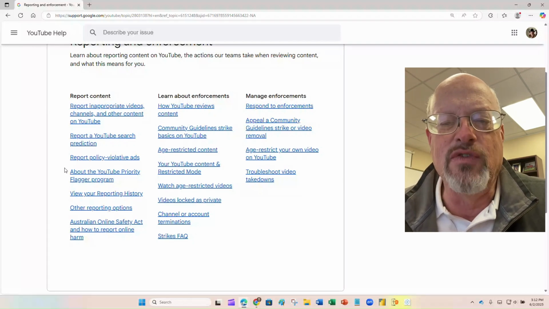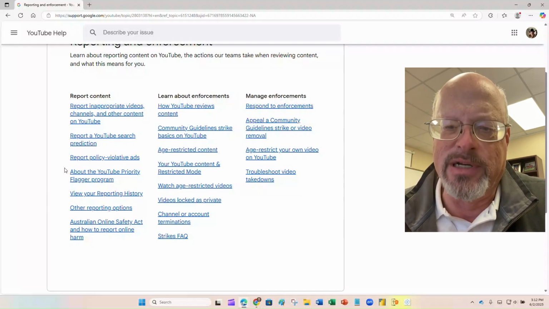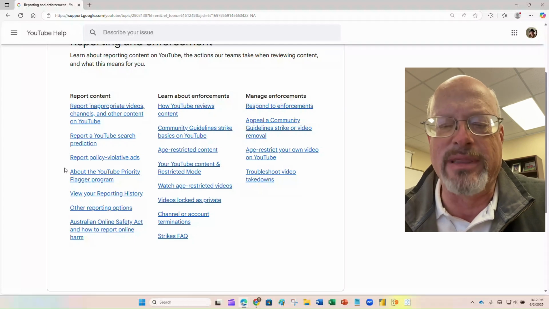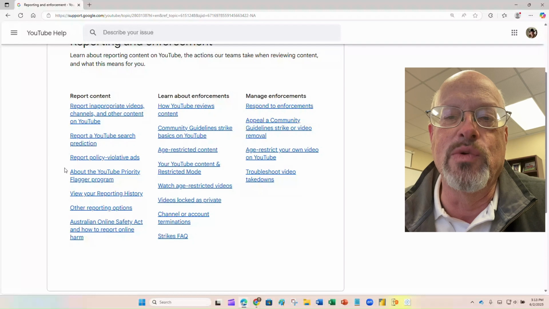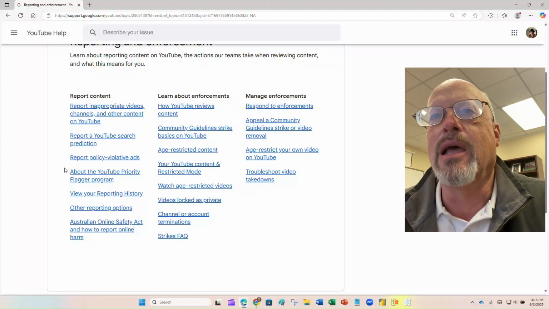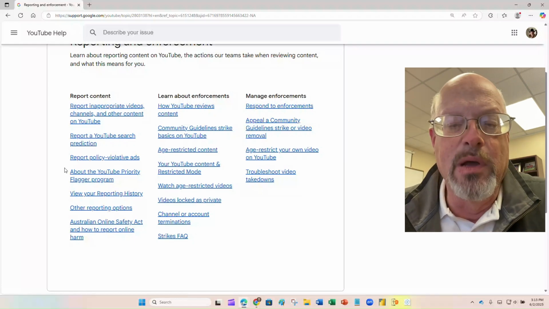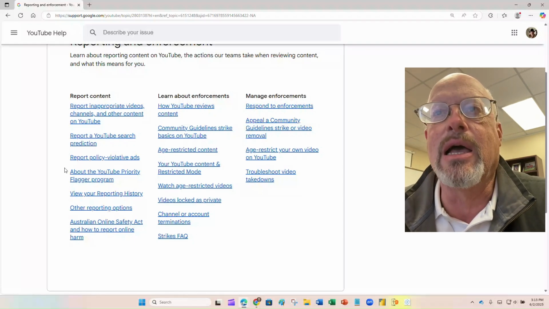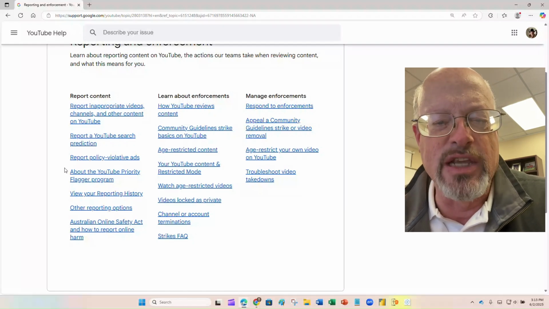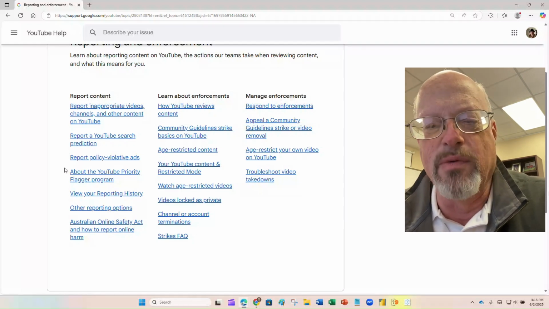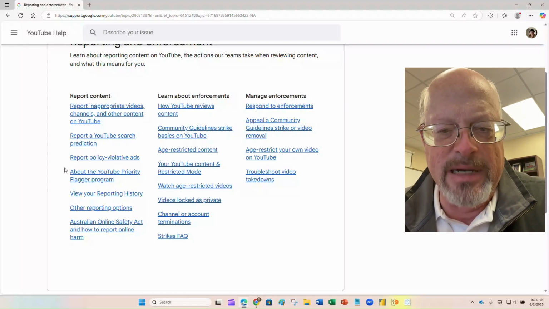So for instance, if you start to type in a word and the autocorrect gives you some dirty word, they want to know about that because they want to fix it. They don't want that up there. They call that their flagger program. Or actually, they call it their YouTube search prediction complaint. Could be actual videos that violate the YouTube policies or guidelines. It could be a lot of things in there that are happening that you just see that you don't think is appropriate, and they want to encourage you to report it. I'm not going to worry that much about it. But let's talk about these enforcement activities.